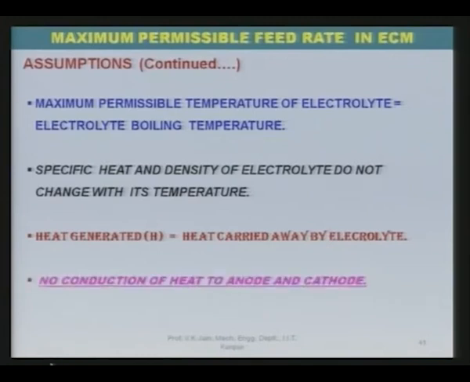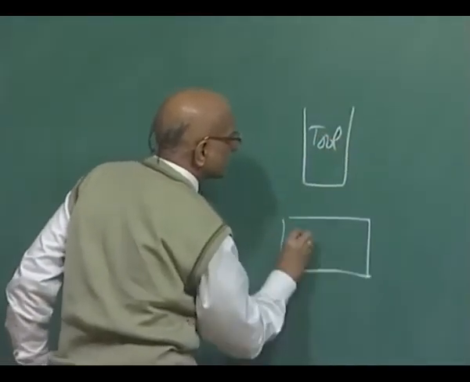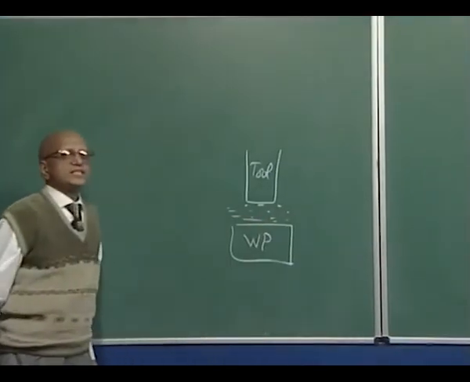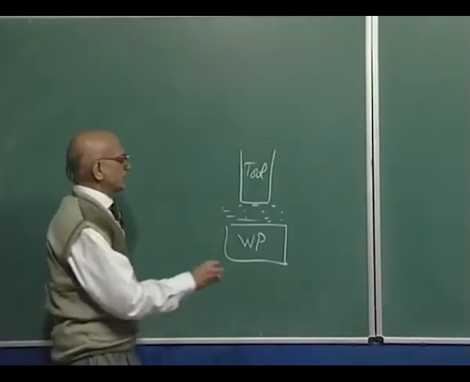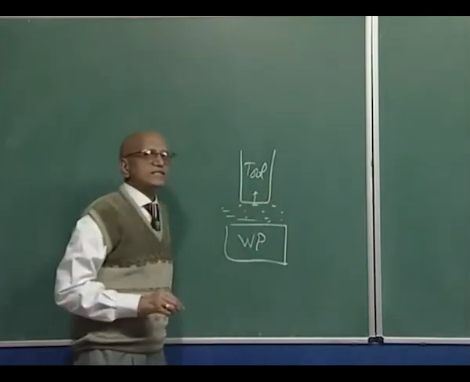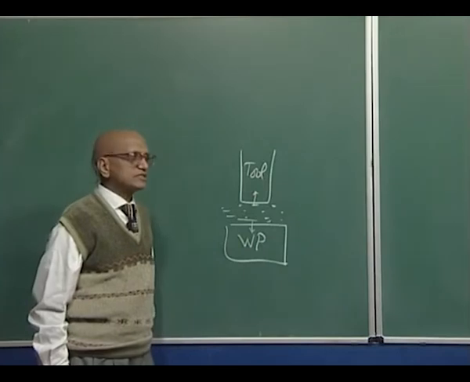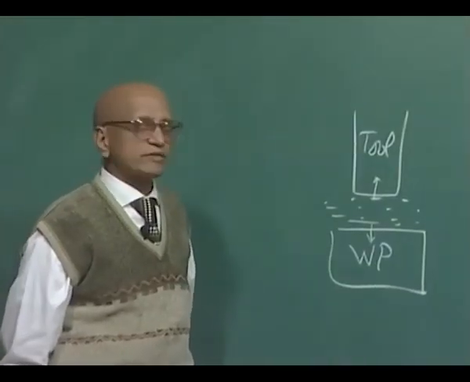Now, this is another very important assumption, that no conduction of heat to the anode and cathode is taking place. If you recall earlier figures, you can see the tool and workpiece both are in contact with the electrolyte where heat is generated. So, obviously, some heat will be conducted away to the tool and some heat will be conducted away to the workpiece. But for this simple calculation, we are assuming that heat conducted away to the tool and workpiece both